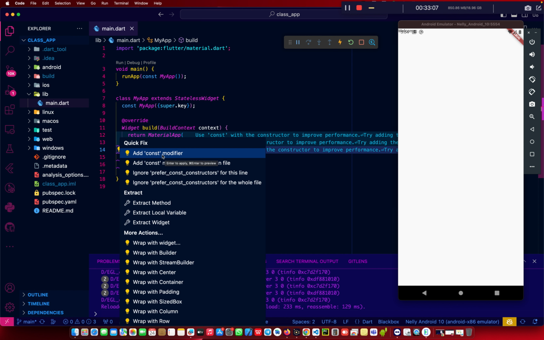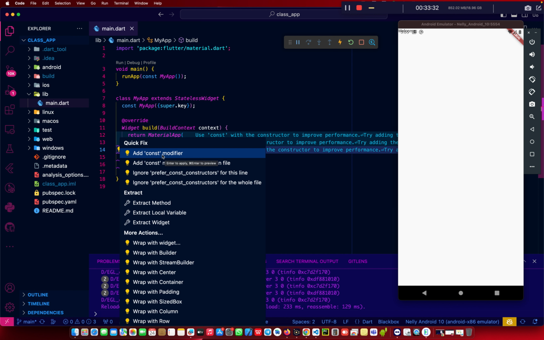Usually we use constants because we don't need our application to take long while rebuilding. Why? Because if you have a lot of widgets and they're all dynamic, that's how slow your application will be, in case the device you've installed on has less RAM,